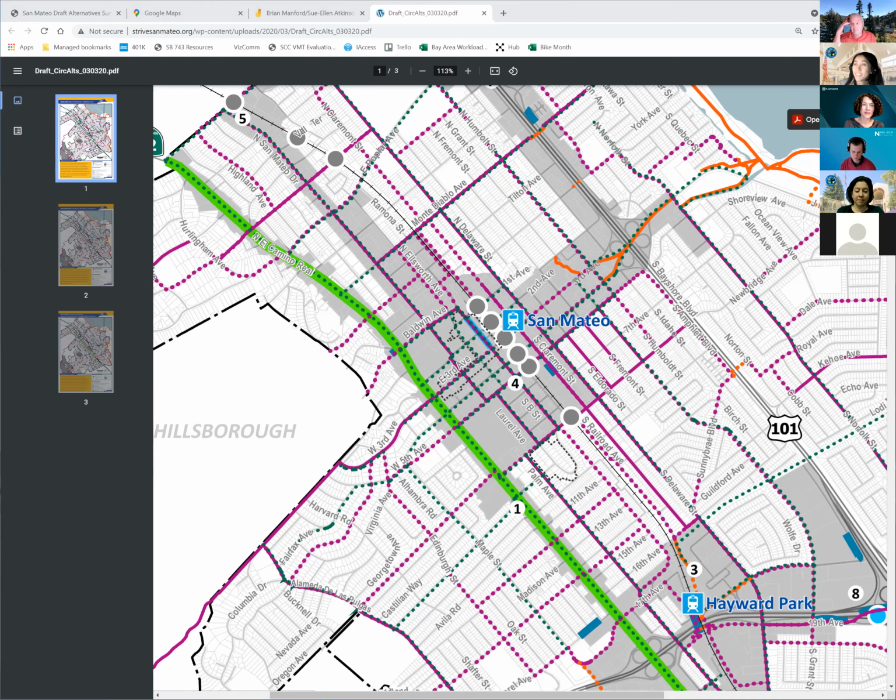I know from experience, and I'm sure some of you do too, that when you actually start talking about taking away a parking spot or a turn lane, the conversation is very different. So as we move forward in the process, we're going to be adding detail and giving people more specific information about what some of those trade-offs might be.